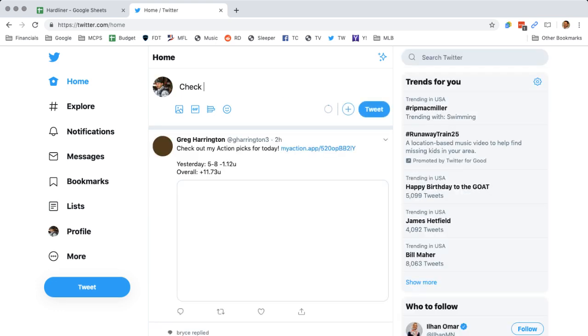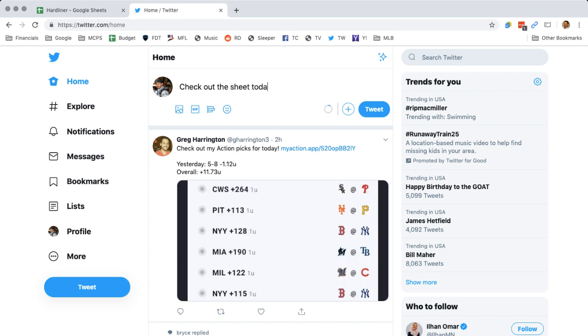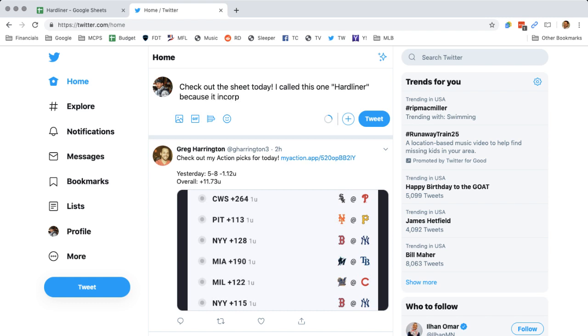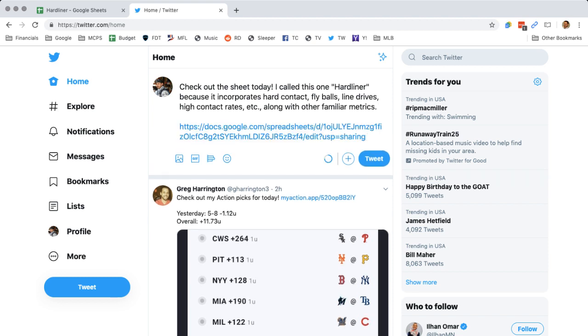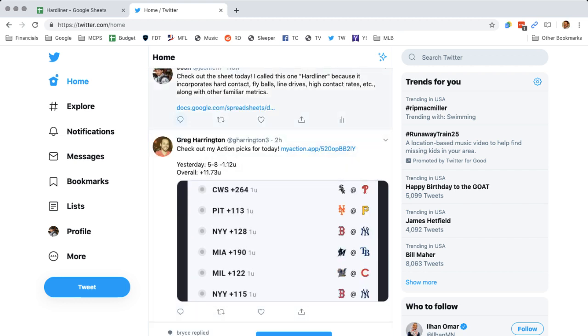All right, check out the sheet today. I called this one Hardliner because it incorporates hard contact, fly balls, line drives, high contact rates, etc., along with other familiar metrics.